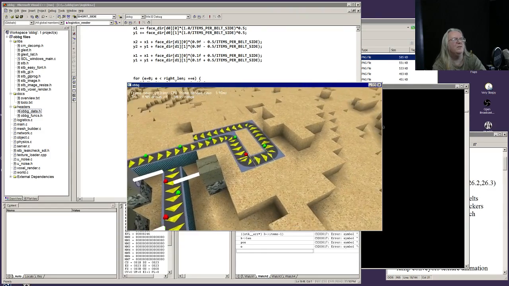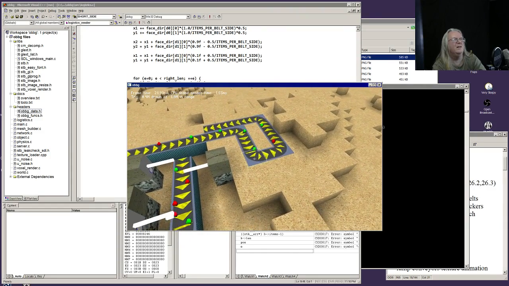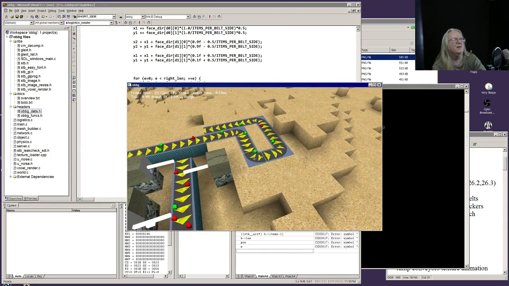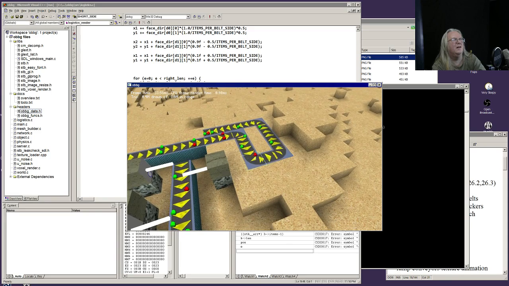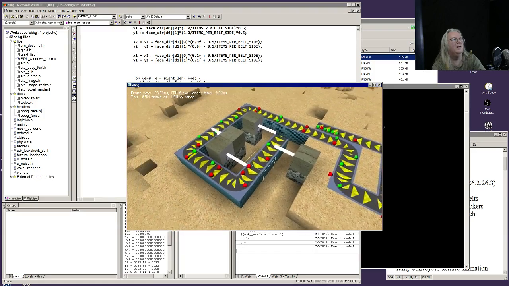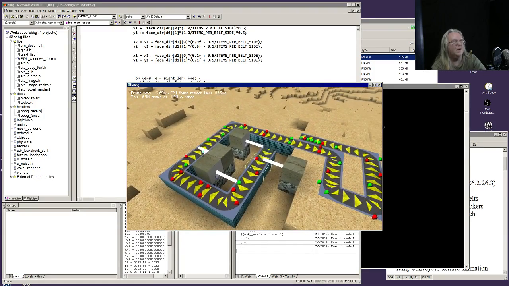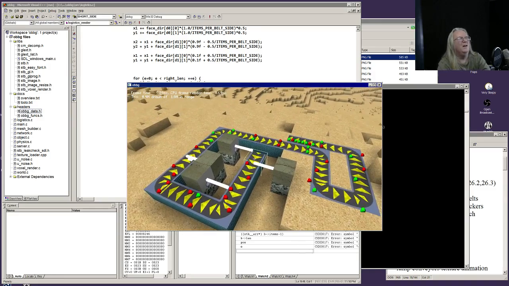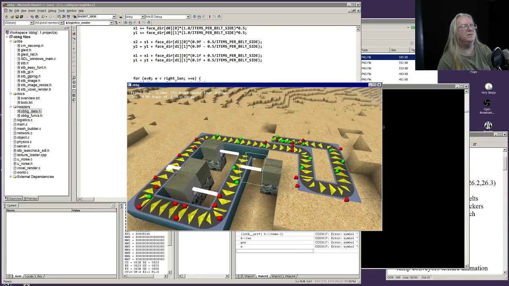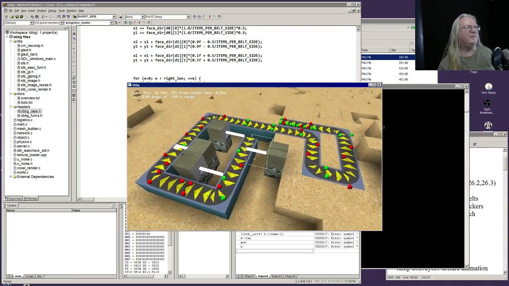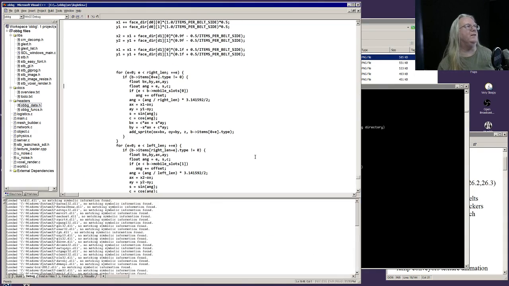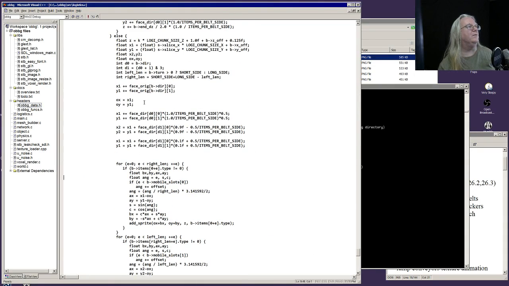Oh, the ones that turn the other way are totally wrong. They're turning around the wrong corner. That's all. So that's an easy fix. The corner